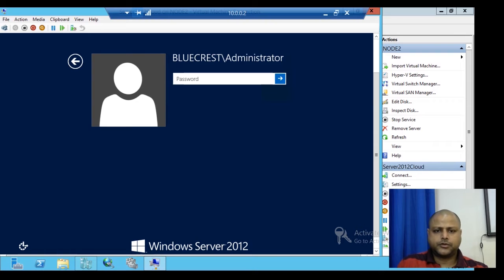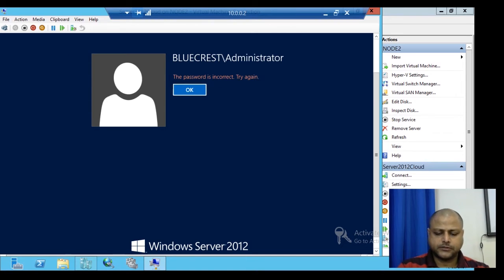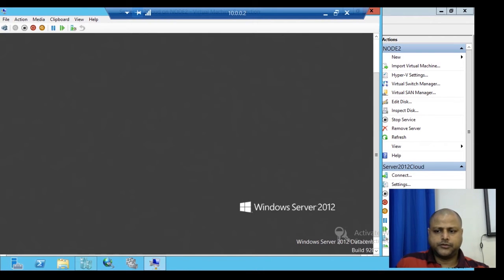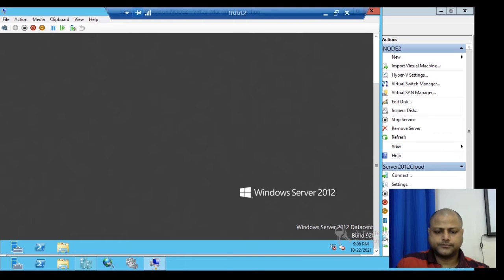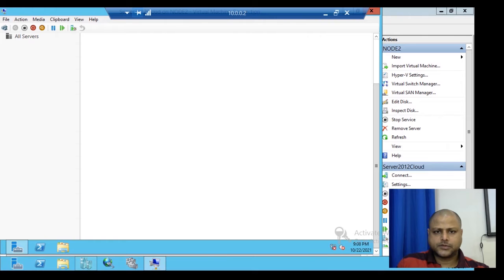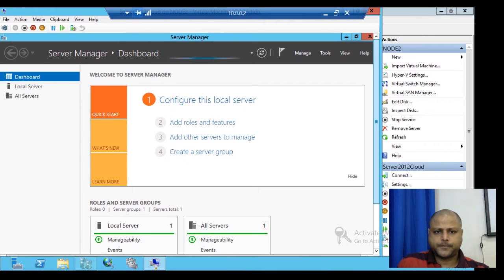We are going to log into the storage system where the disk is installed. We log in with the credential. The credential is provided and the system is getting in. We are already in the system, and it is loading the dashboard. We'll go to the Server Manager, and the system is getting ready. You can see that the server is ready now.